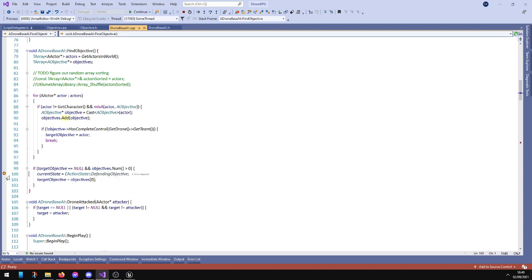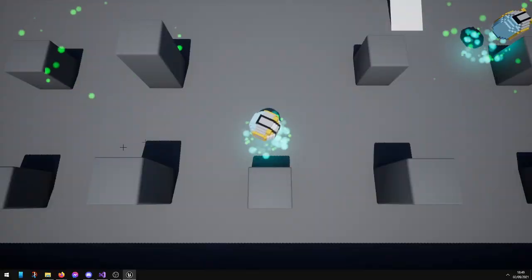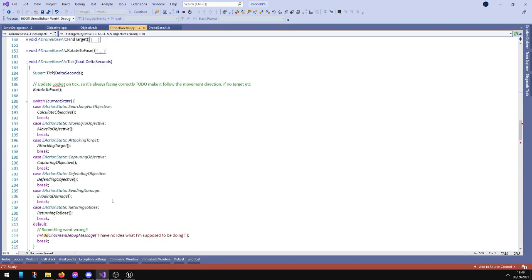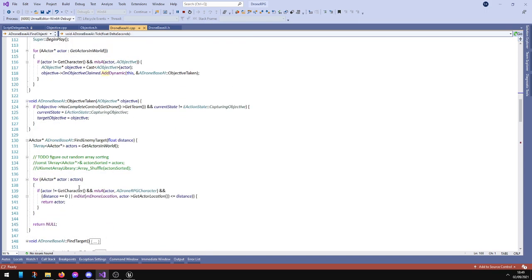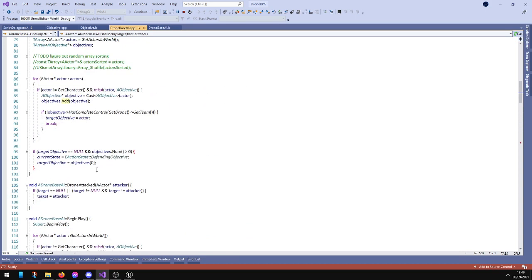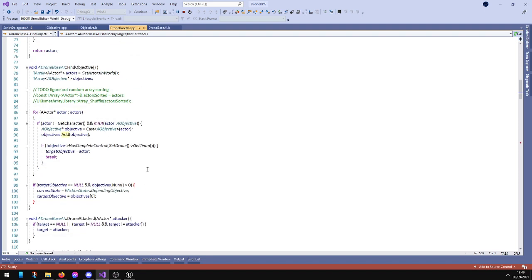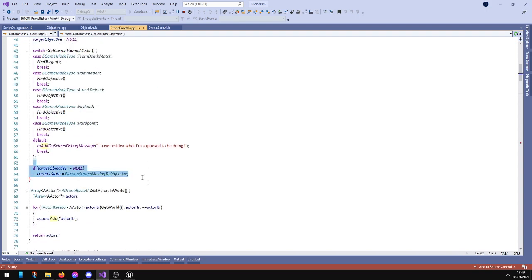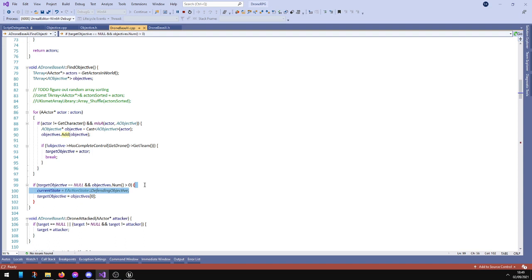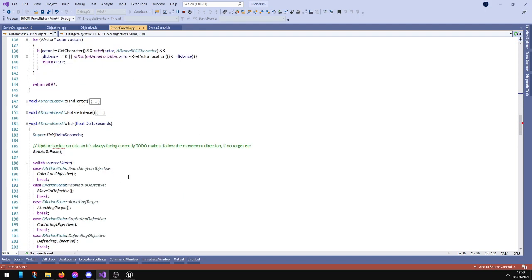Current state, defending objective. Okay, so it does come into there. If I caught it at the exact moment it... No, okay. Okay, yeah, I know what's happened. So it immediately goes to moving to objective states, which...